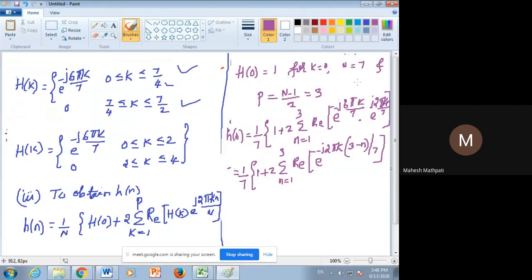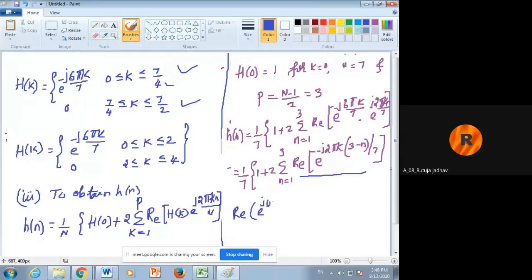So here is the part wherein we can write its real part now. So now if I want to write its real part, what should be the term? If I want to write real part of e power j theta,